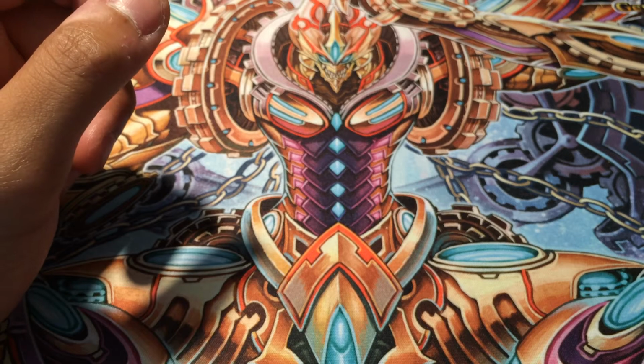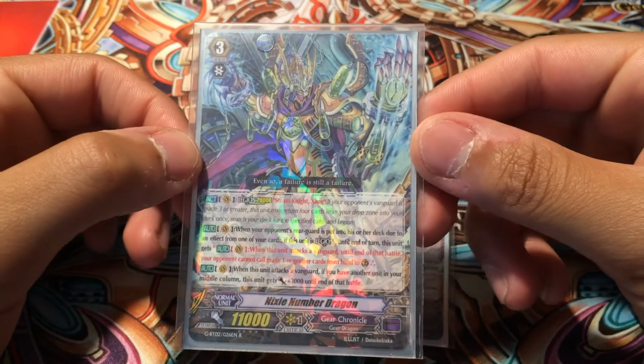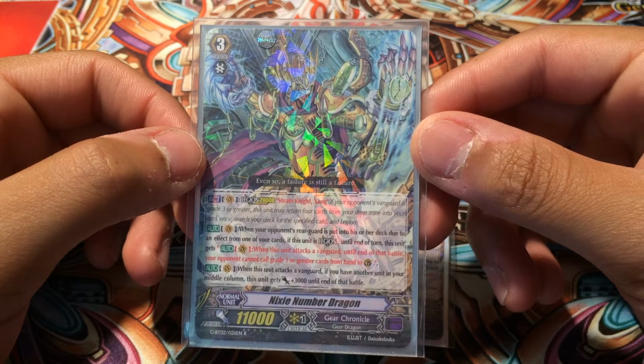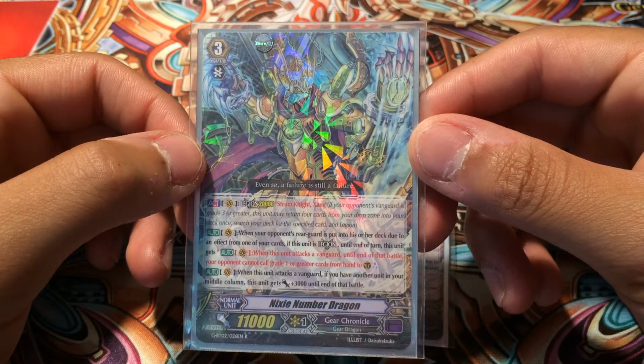On to my grade 3s. I run 4 Nixie Number Dragon. This is the new Legion from GBt02. His skill is Legion. When your opponent's rear guard is put into his or her deck due to an effect from one of your cards, if it's in Legion, until the end of that turn, this unit gets